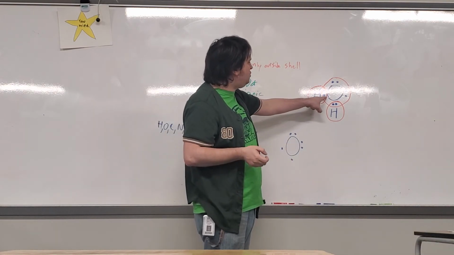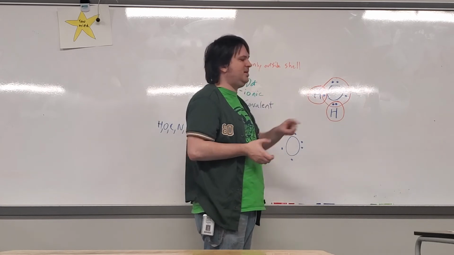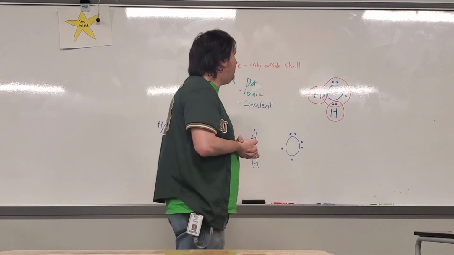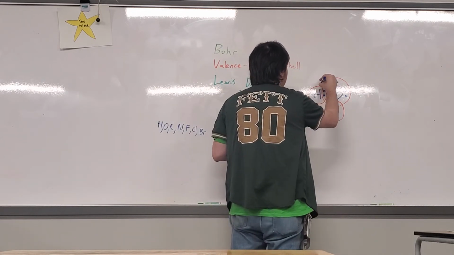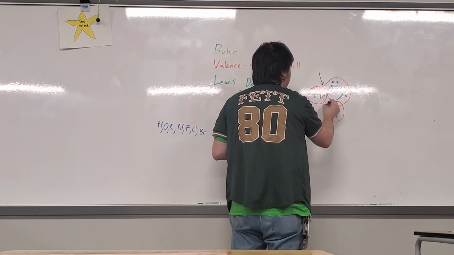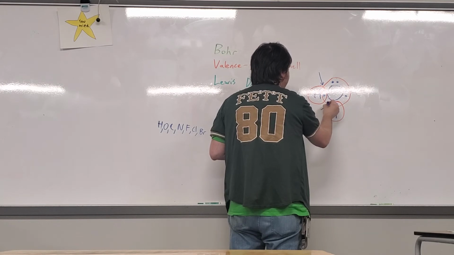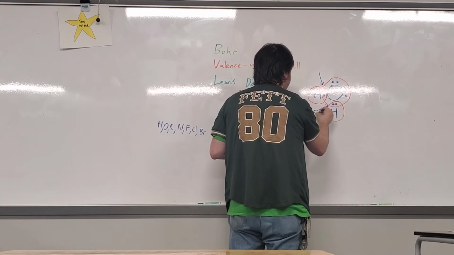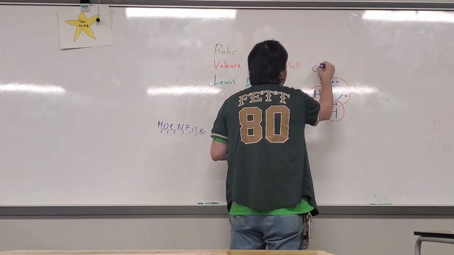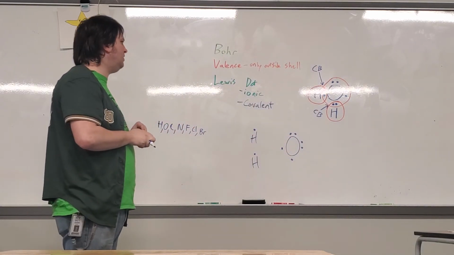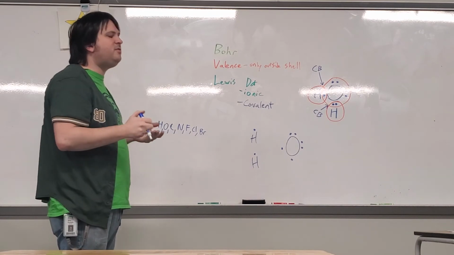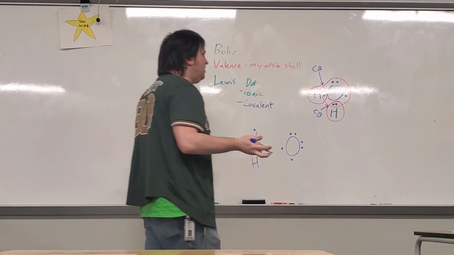Anywhere that you see the two circles interacting and overlapping, that is a covalent bond. So anywhere that you see the overlapping of the circles is a covalent bond. And you can form it with as many as you'd like. Sometimes,